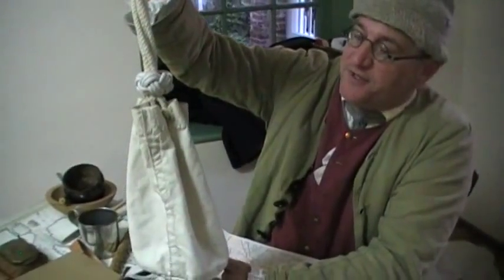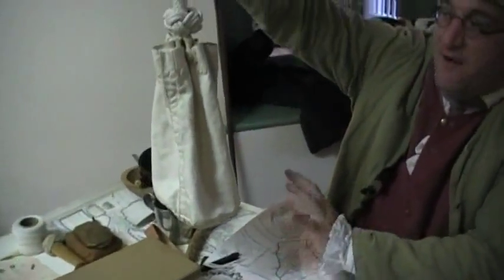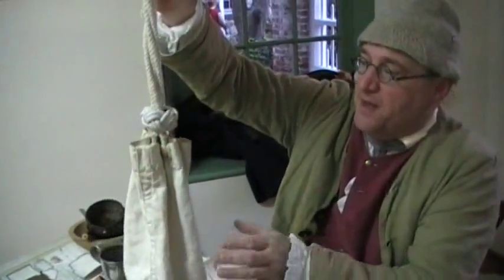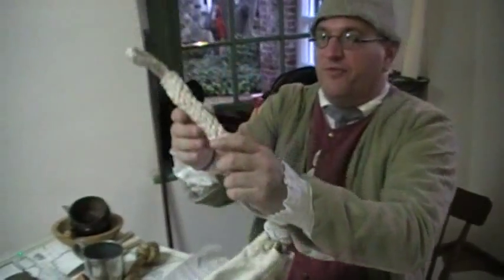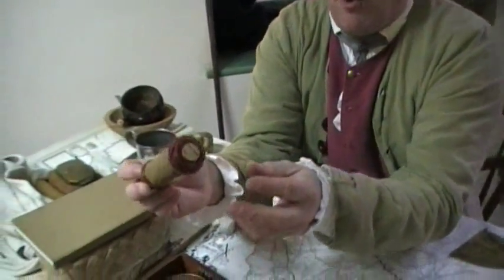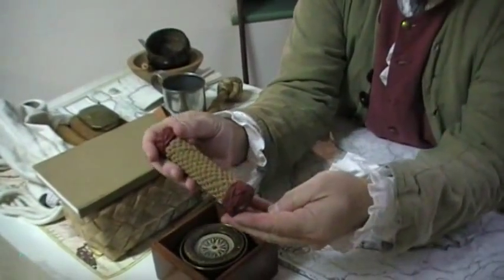So literally this was 1776. Literally this was your ditty bag. Your entire life had to fit inside this bag. Everything you own fit in here. If it didn't fit in here, it didn't go with you. And so literally you would learn the art of actually making all these knots so that you could actually make your own bag. Someone would mentor you in how to actually make small wonderful devices such as this, which would be your home